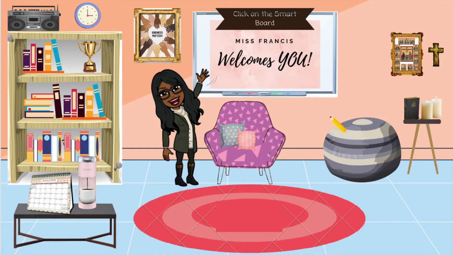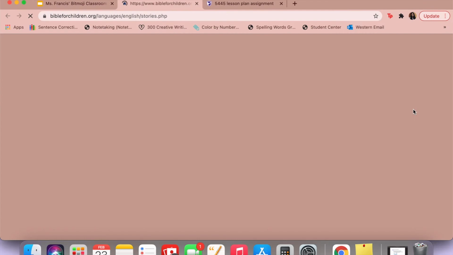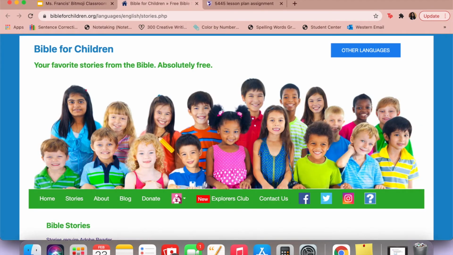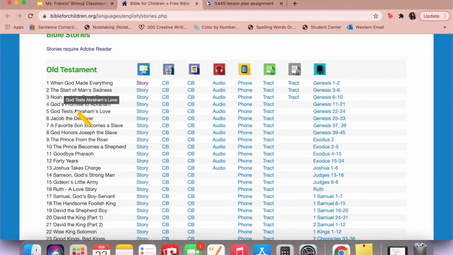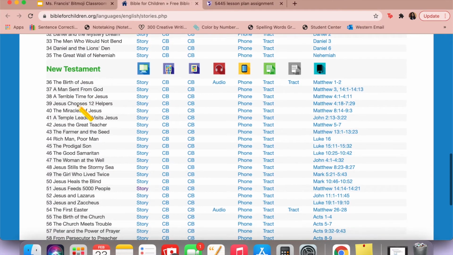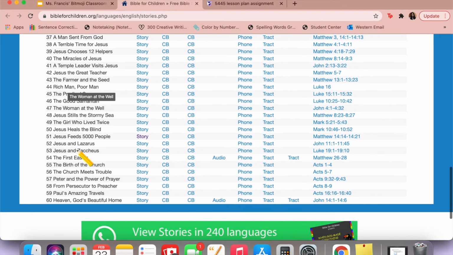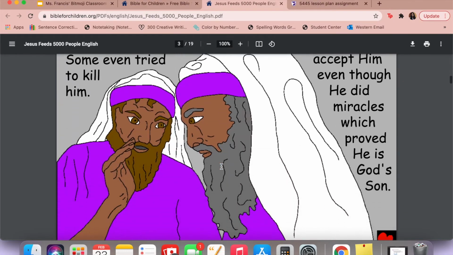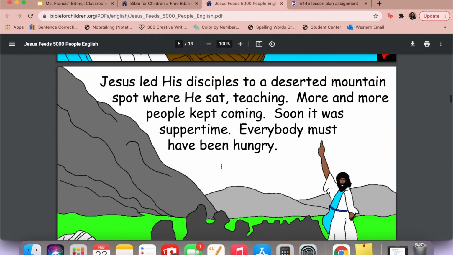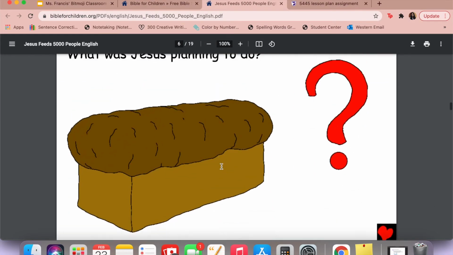So now we'll click on the Holy Bible, which leads students to bibleforchildren.org. It's an excellent resource website that has so many different kinds of Bible stories from the Old Testament as well as the New Testament. And if you just scroll down, my personal favorite is Jesus feeds 5,000 people. So if you just go through and click story, it'll open up a PDF version with detailed images of the story. And you can just put this up on the Smartboard, and you can have either students read or you